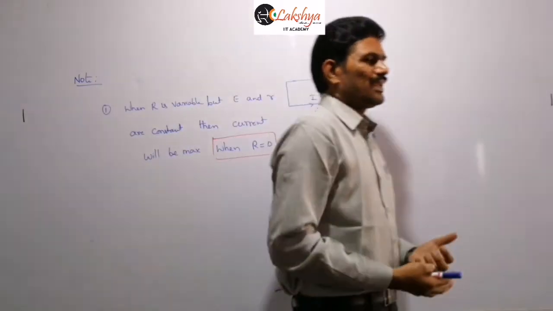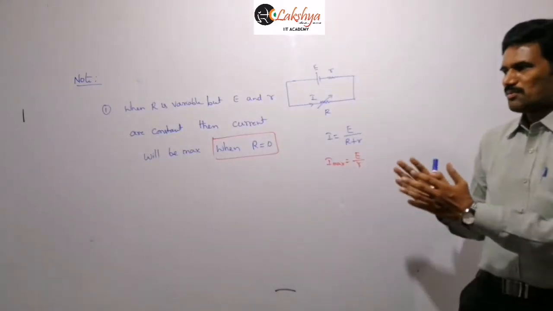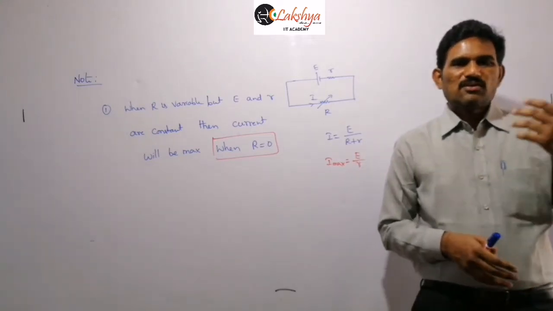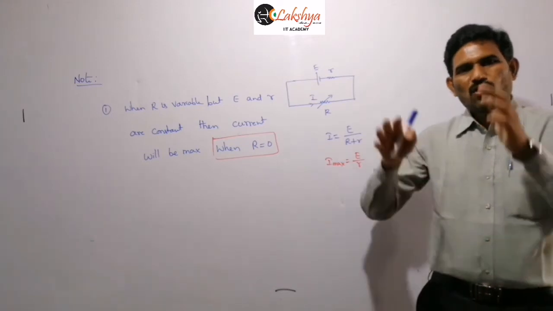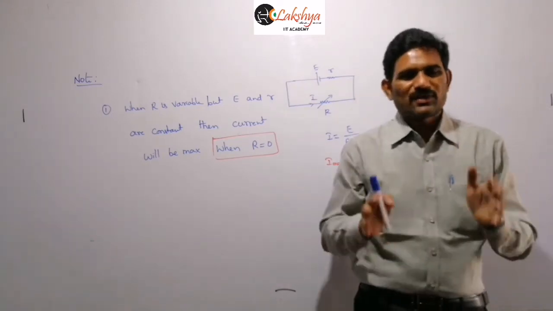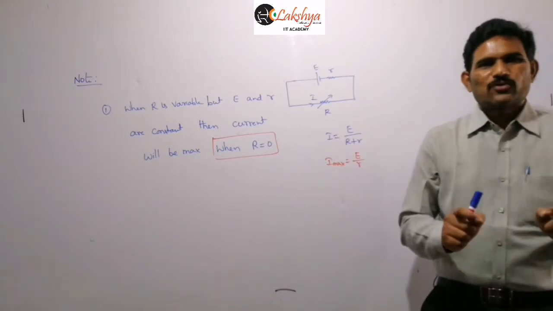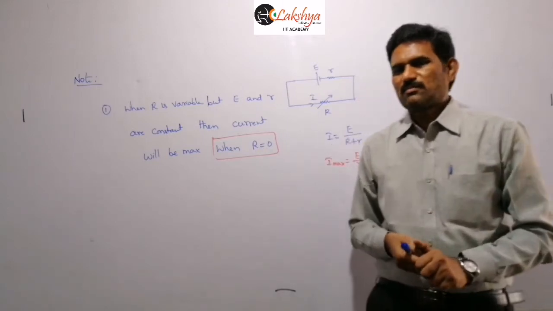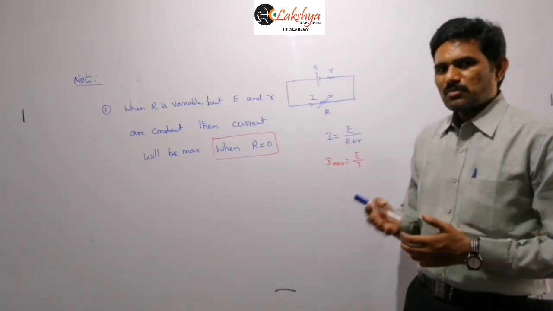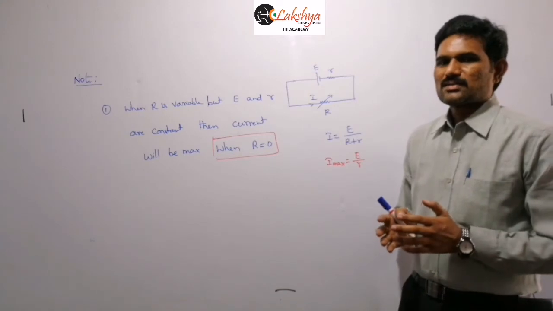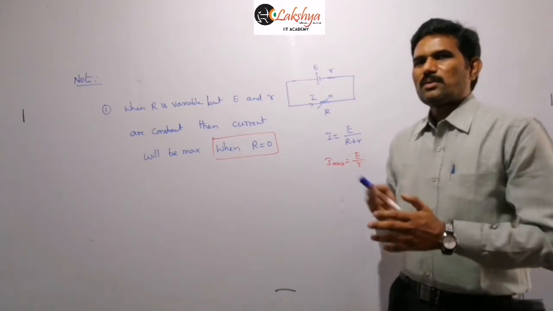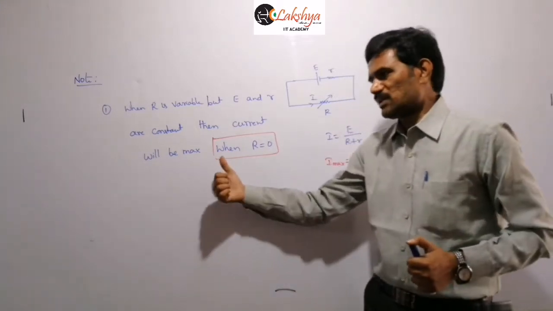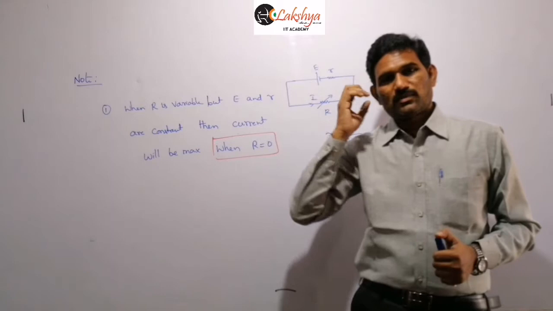And even if you are taking any circuit, I am just taking a simple circuit to explain this. You may consider our previous circuit also, right? Even if you consider the previous circuit, when all the cells are combined, the effective EMF and effective internal resistance are constant, and only the capital R is variable, that is the given case here, right? But in the same case, if they ask when the power becomes maximum, then the power delivered to the external resistance would be maximum at some point, and identify the difference here.